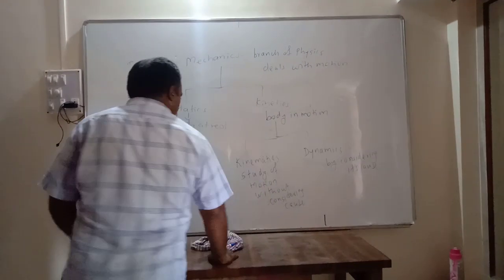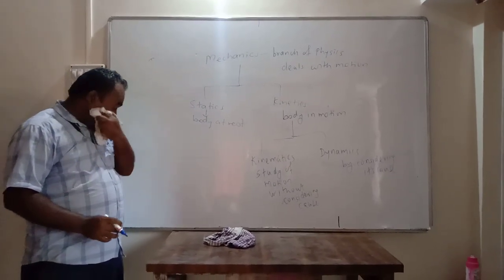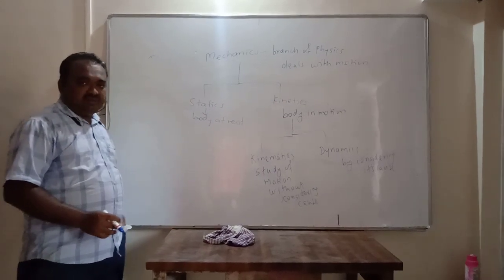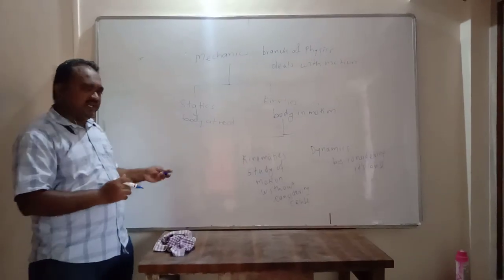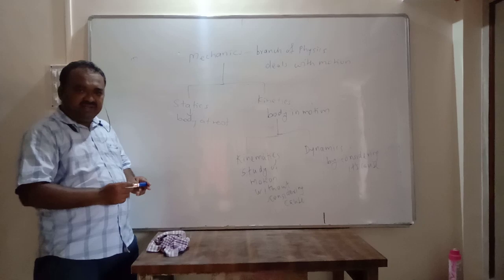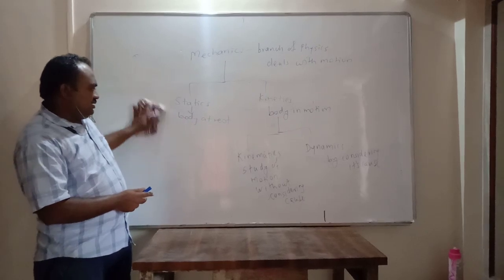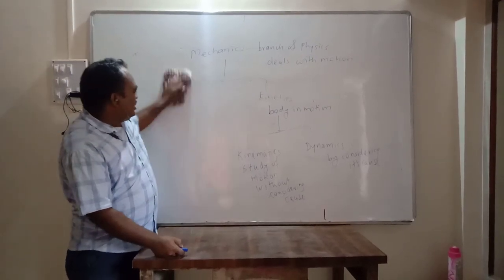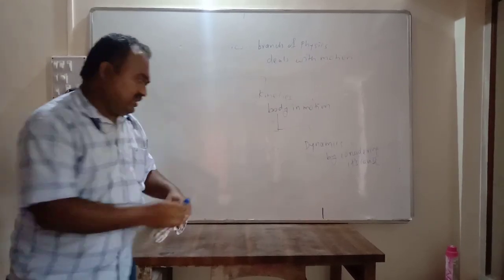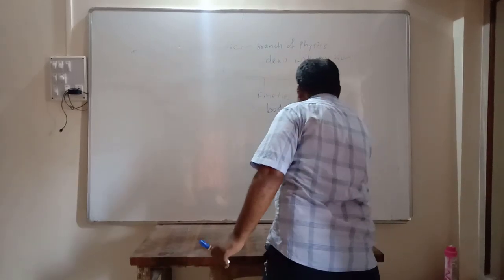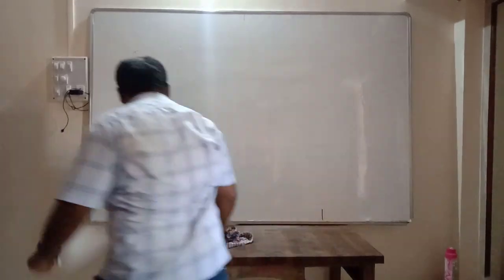So this is the classification of mechanics, and in this first lesson we will study rotational dynamics, which is important as for the board also according to entrance exam, because in JEE also there are 2-3 questions on this rotational dynamics, and in NEET exam you will get 3 to 4 questions on this rotational dynamics. In this state board syllabus, they have included 2 chapters from old syllabus. One is the circular motion and next one is the rotational motion in this rotational dynamics. So this is lengthy chapter, important chapter and basic chapter of this 12th standard.